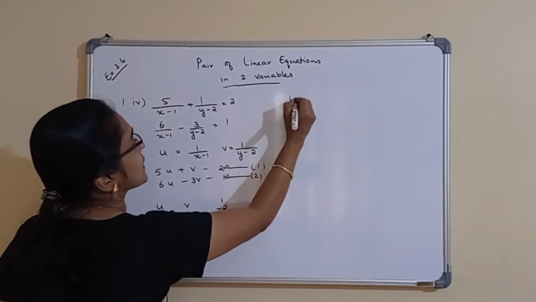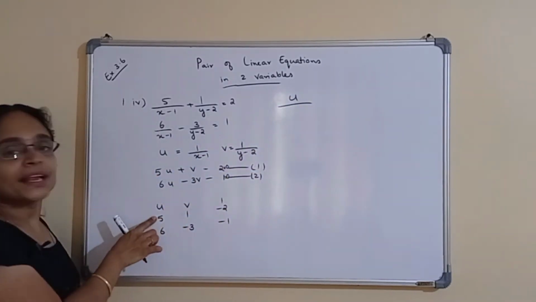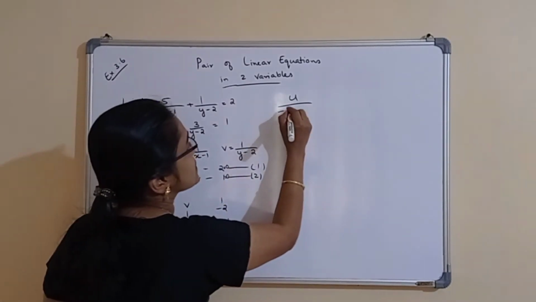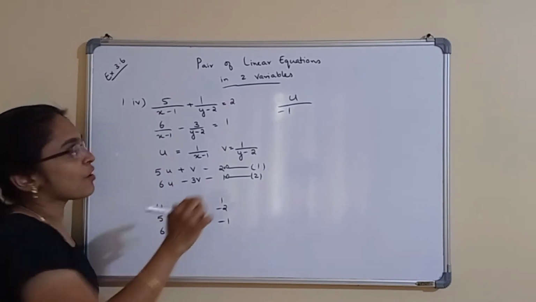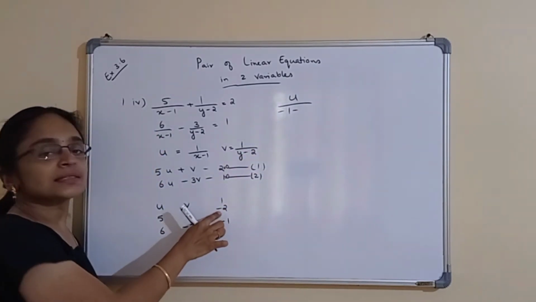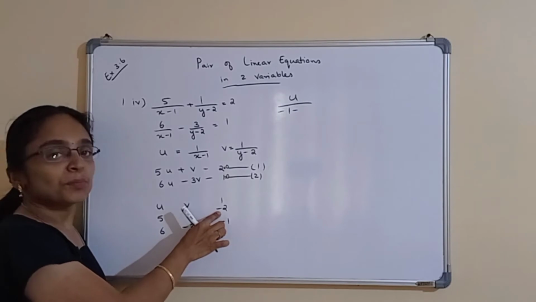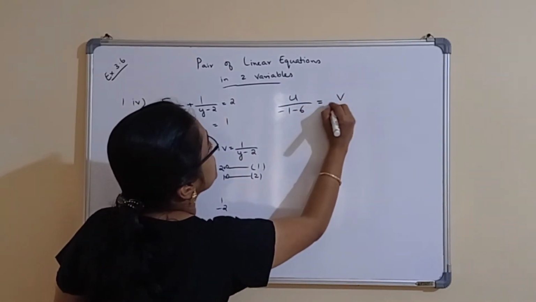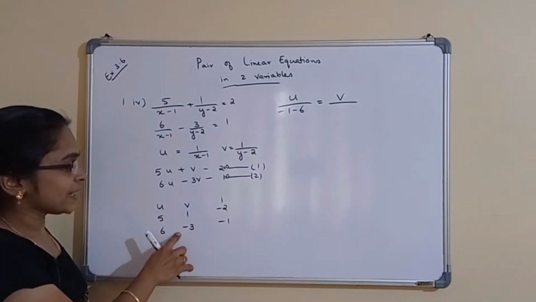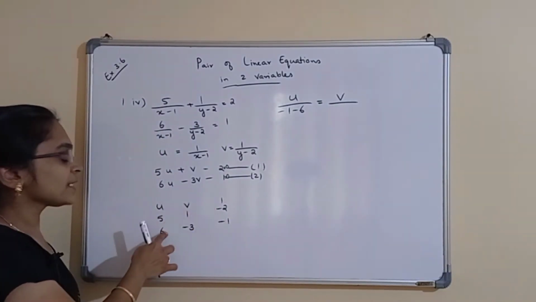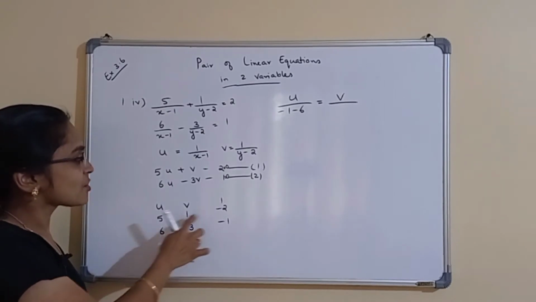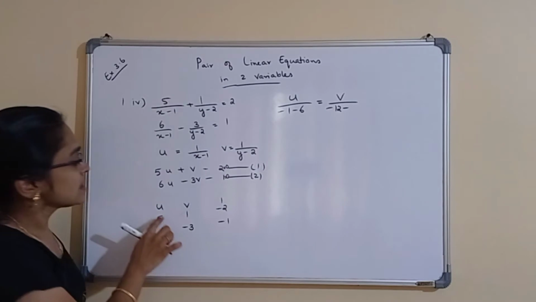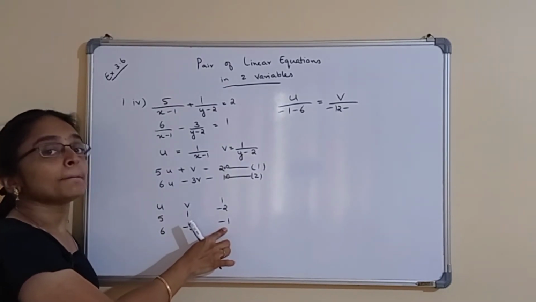So u by, don't take this column and multiply this. 1 into minus 1 is minus 1 and minus of minus 2 into minus 3 is plus 6, right? So minus 1 minus 6 is equal to v by, don't take this column and cross multiply this in the reverse order. Minus 2 into 6 is minus 12, then minus 5 into minus 1 is minus 5